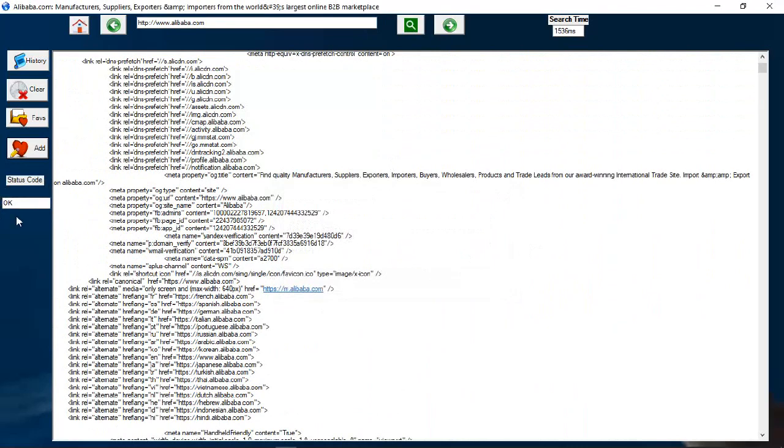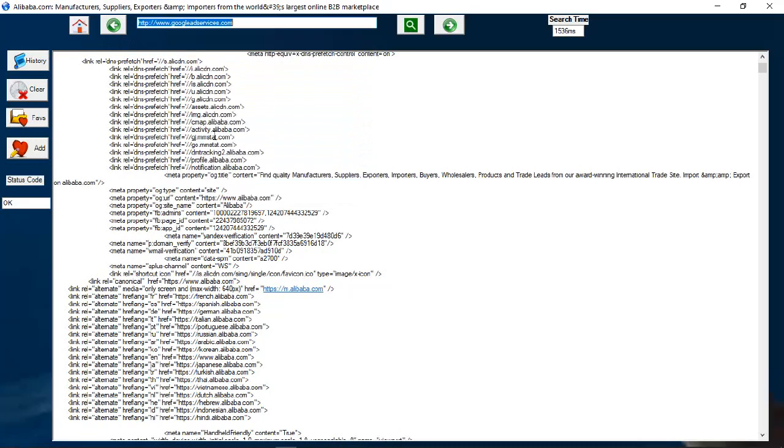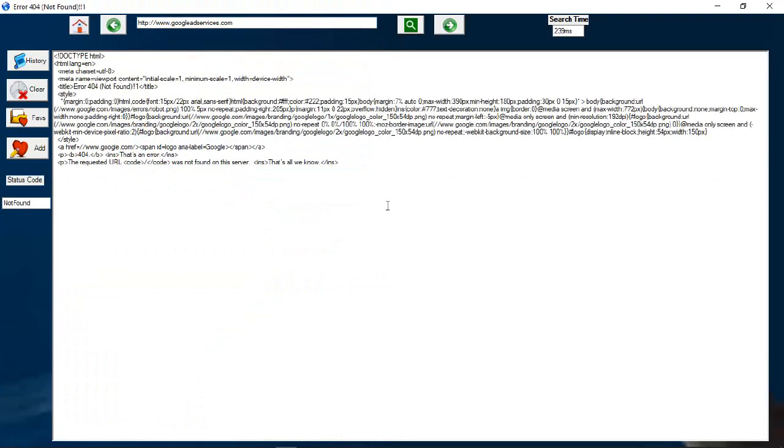And here we get the status code of the current page, whether it's okay or not found, because it's possible to get a different status code. For example, if we go to Google Leads, let's just try to find Google Leads. It gives a different result. As you can see, it's a not found, and it displays all the information regarding that error. It's a not found, which is a 404 error, which is displayed here. And yeah, I think that's about it.